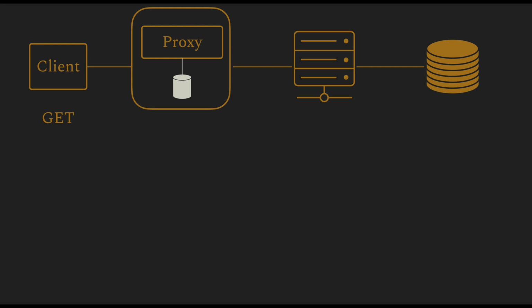And instead, we introduce a new database in the proxy to temporarily store the data. Now, the first time a request is made for some data, we make the full round trip to the database to fetch this data, but we also store a copy of the response in the proxy's special database. The next time the same data is requested, the proxy can fetch it from its own database and prevent the round trip.